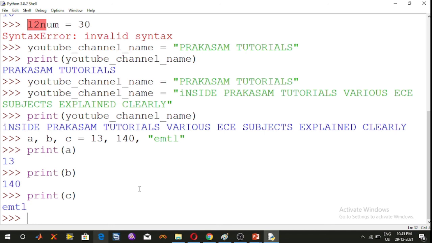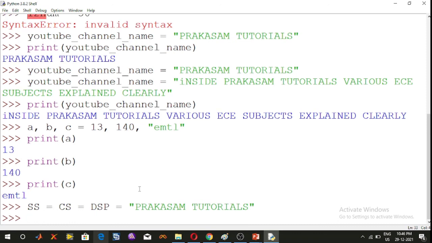If we want to assign the same value to multiple variables at once, suppose, for example, ss is equal, cs is equal, dsp is equal, within the double quotation type the value, that value is Prakasham tutorials, and press the enter key and use the print statement.